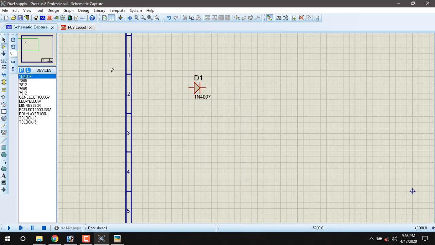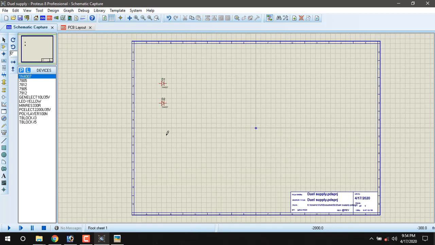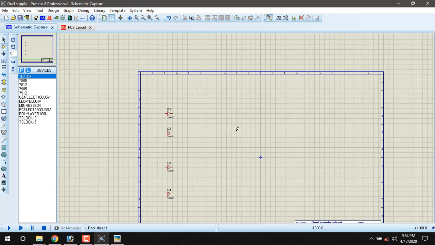So D1. Next is the same device, click again. D2. D3 and D4. Then the input 3 terminal connector.